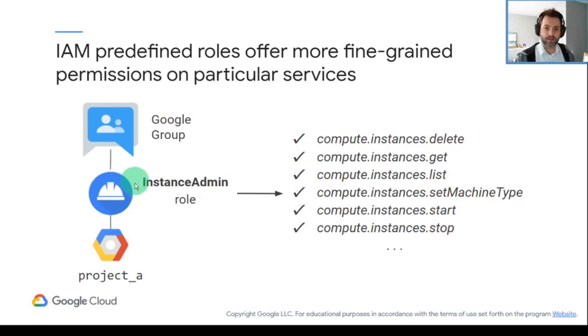If I am dealing with Compute Engine, there is no way that this group should have access to BigQuery. There is no reason for this group to have access to Cloud Functions, to storage, to anything that it doesn't need. Again, give it the least amount of privileges to work, and you will find yourself in a much better